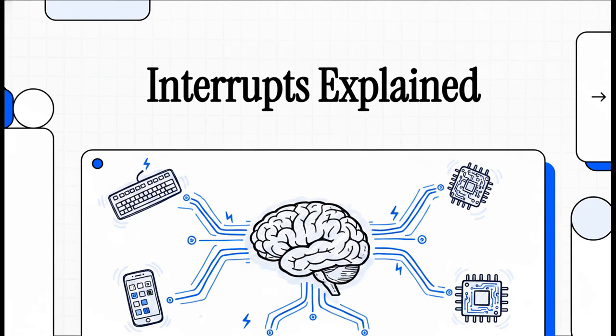Today, we're tackling something that is absolutely fundamental to making our electronics actually, well, work in the real world. We're talking about interrupts. If the microcontroller is the brain of your embedded system, interrupts are absolutely its nervous system. Without them, your keyboard wouldn't respond the instant you type, your smartphone would feel incredibly sluggish, and complex real-time embedded systems would basically be useless. So we're going to break down exactly what they are, why they exist, and how they make our technology so